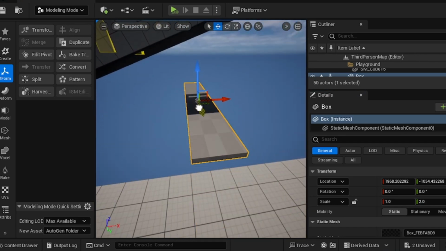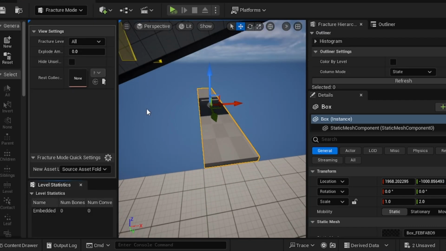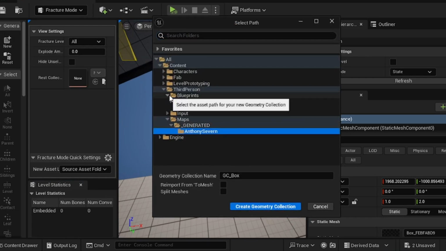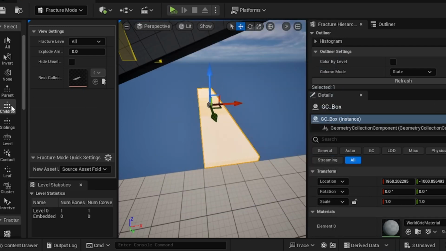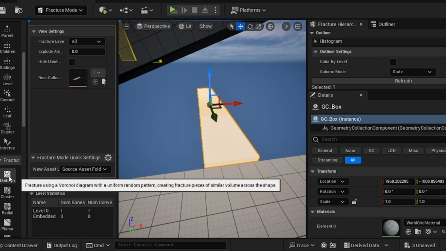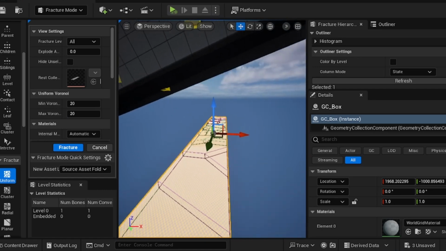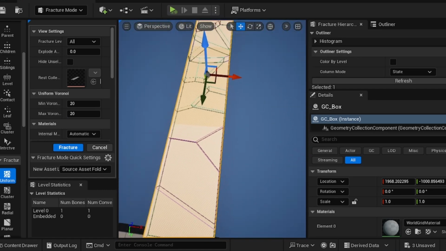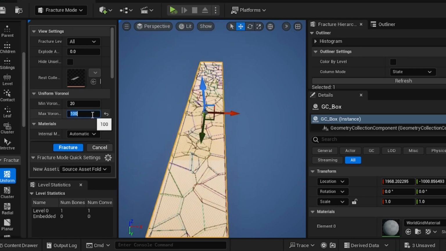Once we're happy with that, we're going to put it out into the world a little bit so it becomes more of a bridge, and then we're going to go to the fracture tool. We're going to create a new geometry collection, put it inside our collapsing bridge folder, and then create it. And we're going to have a uniform one rather than a brick one this time, and we need to increase the max,